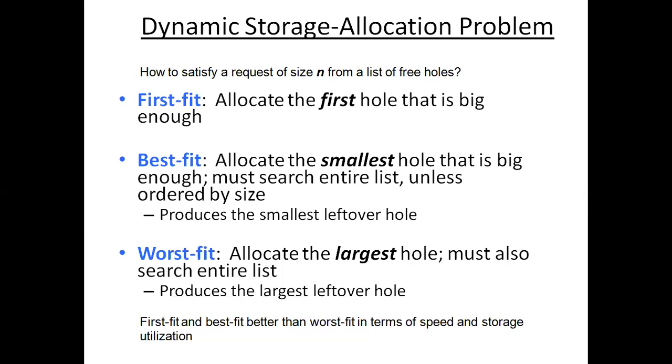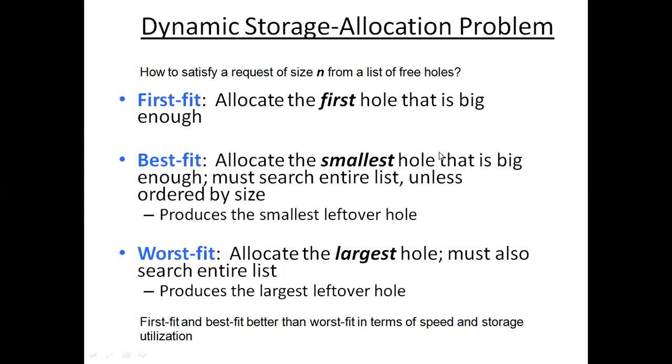So the 20 kilobyte process goes and sits into the 30 kilobyte hole. Okay, so the first hole that is big enough, which is allocated, I call it first fit. Whichever is first freely available, that you allocate, and that you call first fit. And next one is best fit.